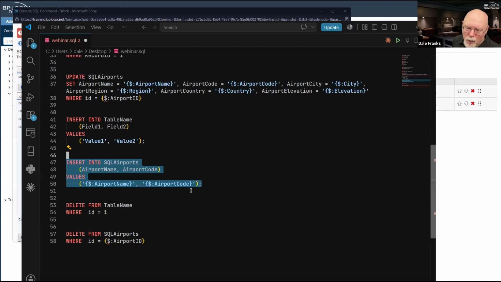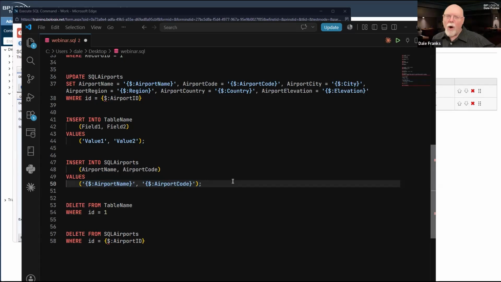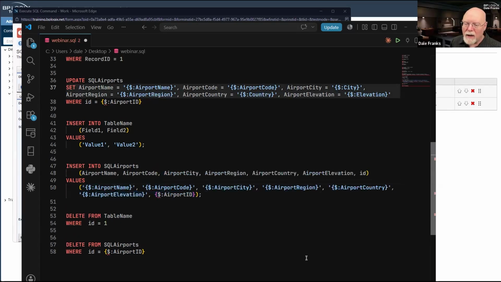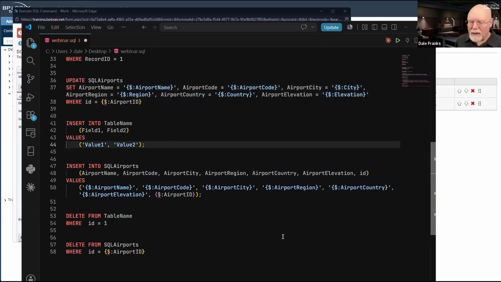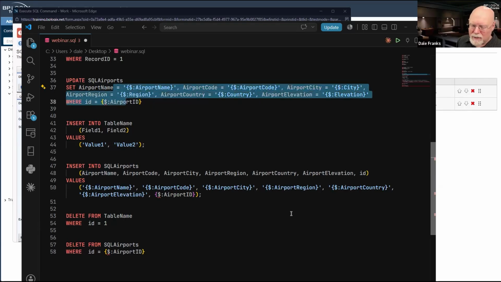So the only thing I'd really have to worry about is if there was another field, like say elevation, that was required and I don't have it included here, then this SQL command wouldn't work. Notwithstanding the existence of required fields, this works fine as an insert statement. As long as I fill out the fields that need to be filled out, then everything just works fine in my system, and it gives me the new record, or in this case, it updates the existing record.